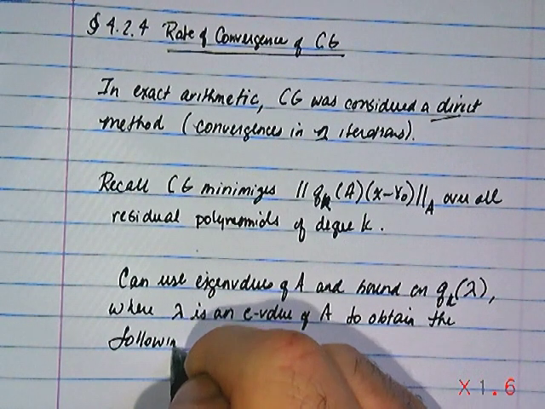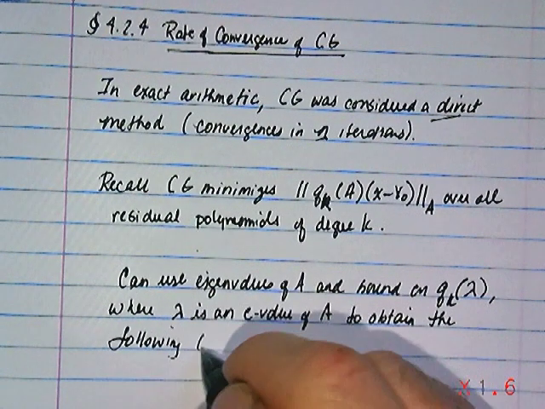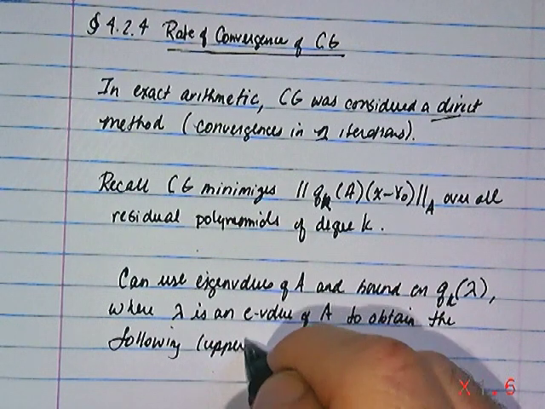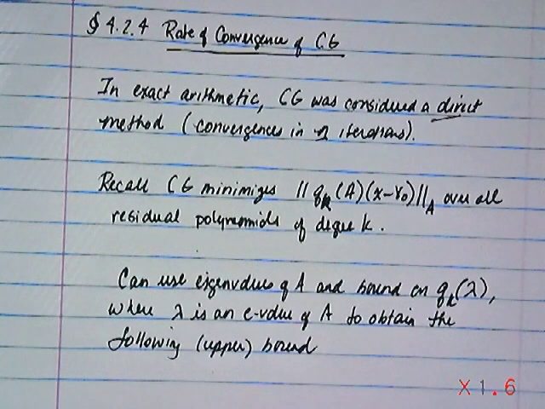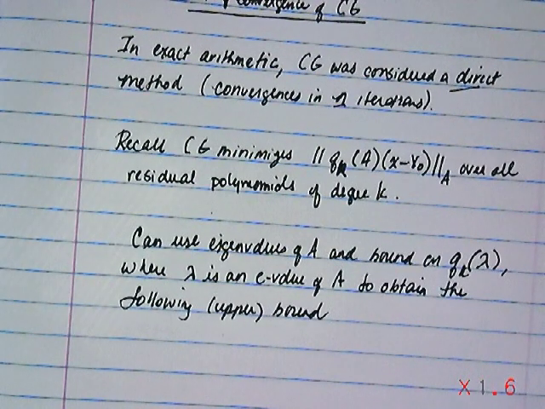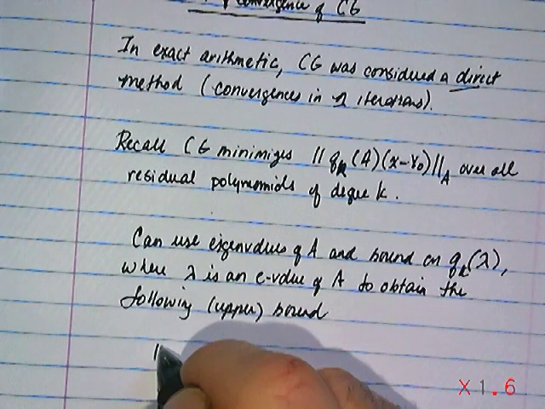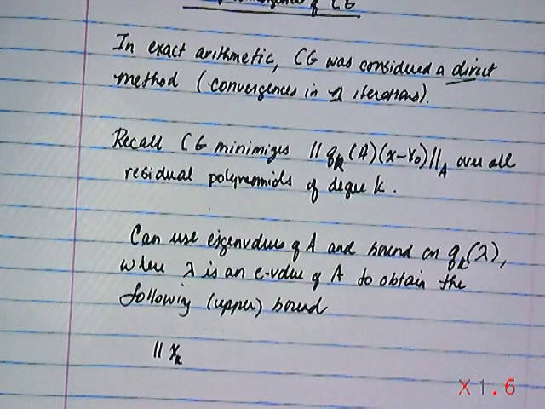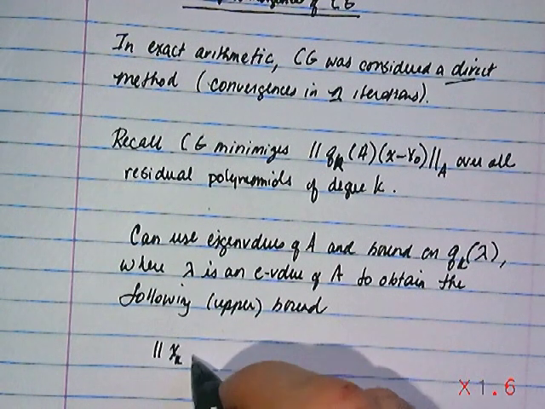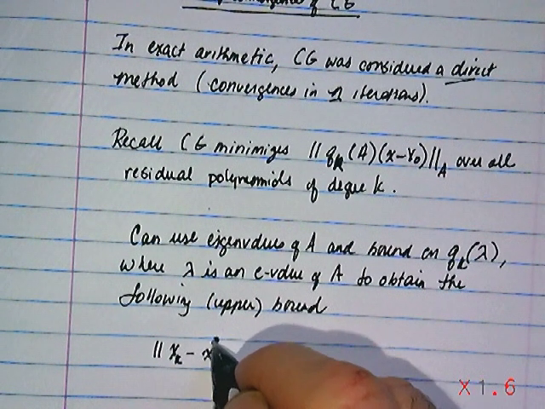Not just any bound, it's an upper bound, so I'll put that in parentheses. So what can be shown is that the distance of that iterate, the kth iterate, x_k, from, let's say, the exact solution x star,